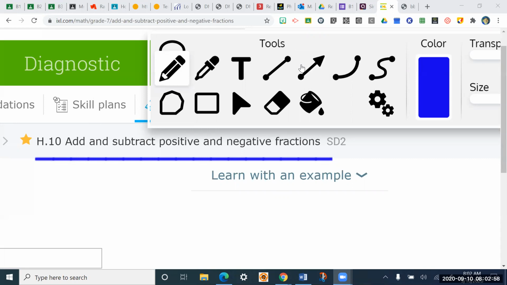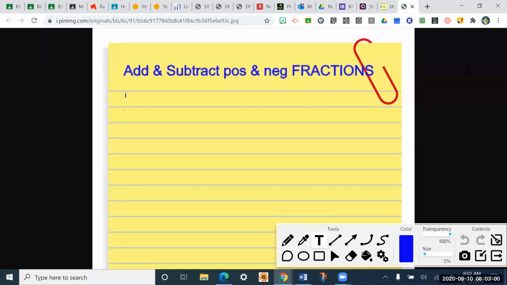So we're going to come over here and do a couple examples and notes as a reminder real quick. And then I'm just going to jump through some levels of IXL so you can see all the different ways they're going to ask you. And honestly, on this one, compared to what we did in class, it's fairly simple. It's not that difficult. They're not getting real crazy. The challenge level is almost as easy as the beginning level, okay? So the main thing